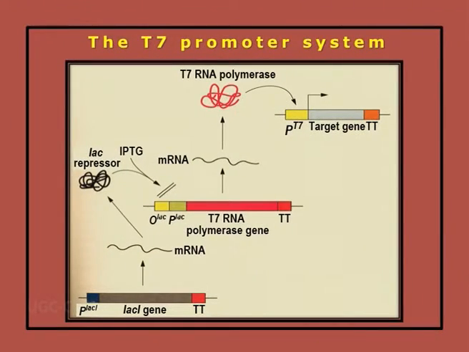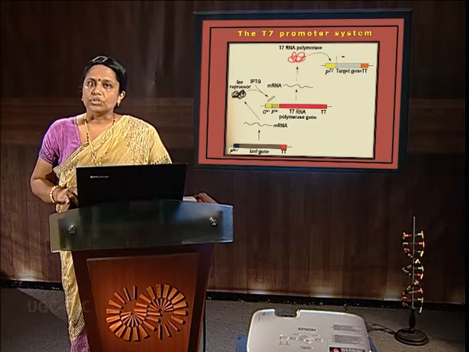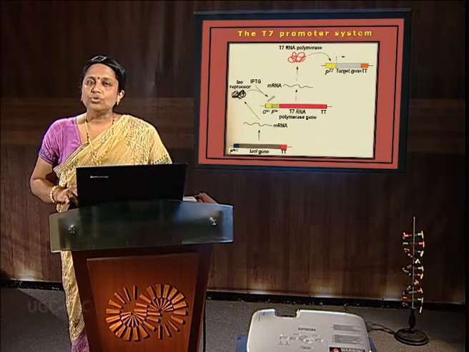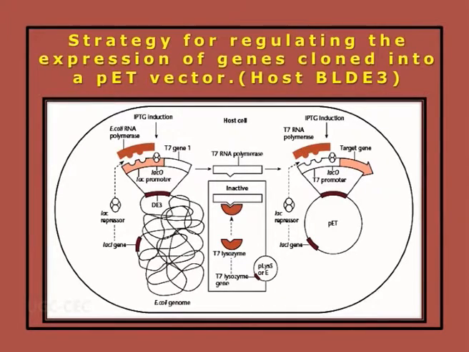Similarly, if I look into the expression of genes utilizing T7 promoters, you will see that T7 promoters are recognized by T7 RNA polymerase, which is an RNA polymerase synthesized by bacteriophage T7. And we all know that bacteriophage promoters are stronger promoters, and stronger promoters lead to overexpression of a gene. Next, you can see here the expression of the genes utilizing T7 promoters.